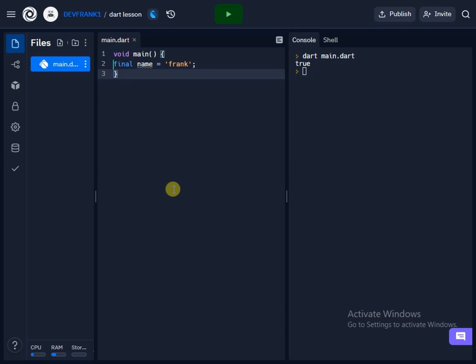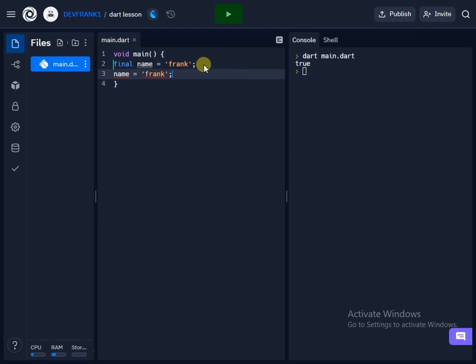Let me quickly explain this. So final variables are data types which are set once and cannot be reassigned. So what am I trying to say? Once I've set this variable into this data type, which I have the value here, I cannot reassign it again. What do I mean by that? I cannot come down here again and type name equal to, I will now say maybe